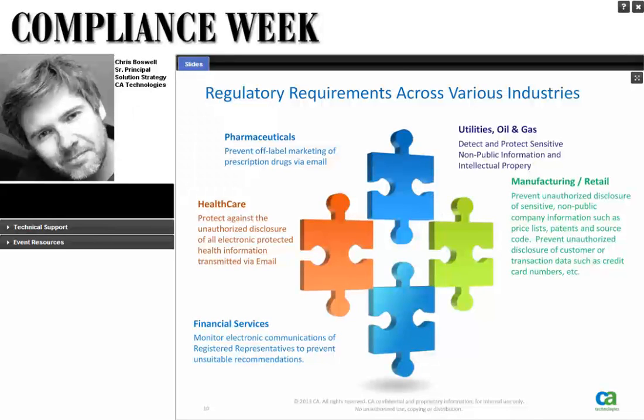Utilities, oil and gas is another industry that these organizations typically have content that could be of competitive nature to their competitors. For example, applications for new drill sites, or they have engineering diagrams, or if you're natural gas, the chemicals that you use in your fracking products would probably be of interest to more than one individual if it were leaked. And so there's a need to protect this information.